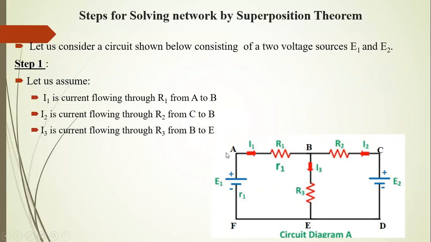Step number one will be, whatever is the given circuit, we'll name all the terminals alphabetically. And next we'll mark the directions of current. The directions of current will be just an assumption. It is not the actual direction of current. We need to find out the actual direction by calculation. So what will be our step number one? It will be just marking of the currents and assumption of their directions. So let us proceed with step number two now.